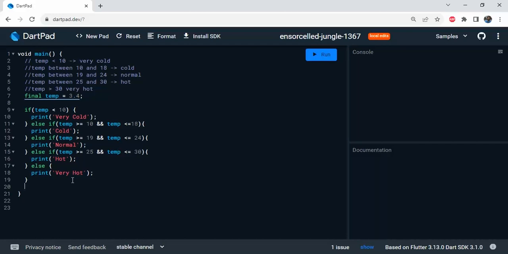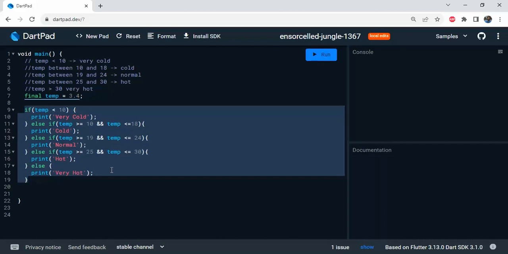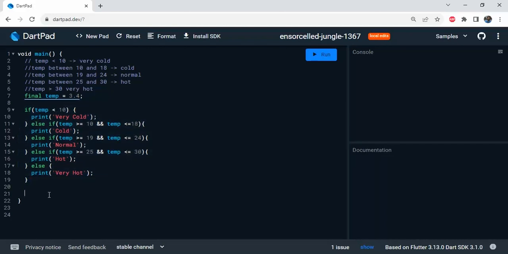And we can actually do the same solution for this, to print the status based on this temperature. We can do that using the switch statement instead of else and else if. So whenever you see that you have a long if and else if block, a chain of else if, and it becomes difficult to understand or read this code, then you can switch to the switch statement, and it's very easy to